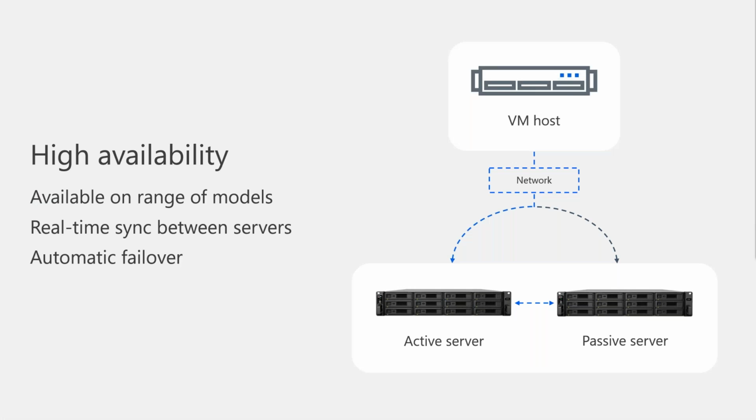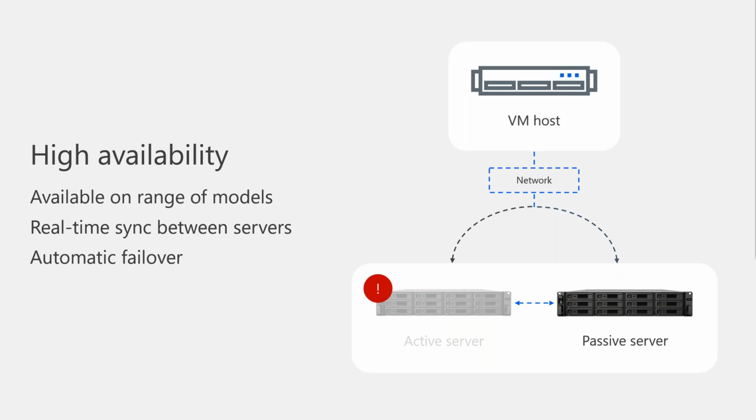So the hardware that I'm using for the setup is a high availability cluster, which means I have two identical NAS and they're directly connected to each other to provide hardware failover capability. So let's look at this diagram. You can see that there's two NAS there in the bottom right, and one is marked active and the other one is marked passive. What that means is the active one is in use and the data is being automatically copied over to the passive in case there's a failure and it needs to become active.